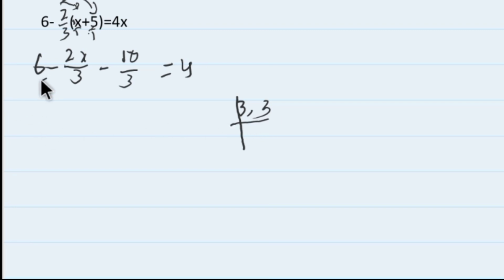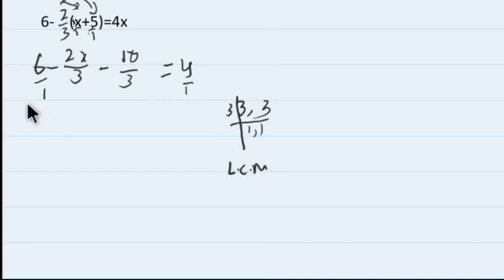Since the denominator of the first term is 1, the second and third both have denominators 1, and for 4x also the denominator is 1, so we'll find the LCM of 3 and 3. Since if both the terms are the same, then their LCM is also the same. So since its LCM is 3,